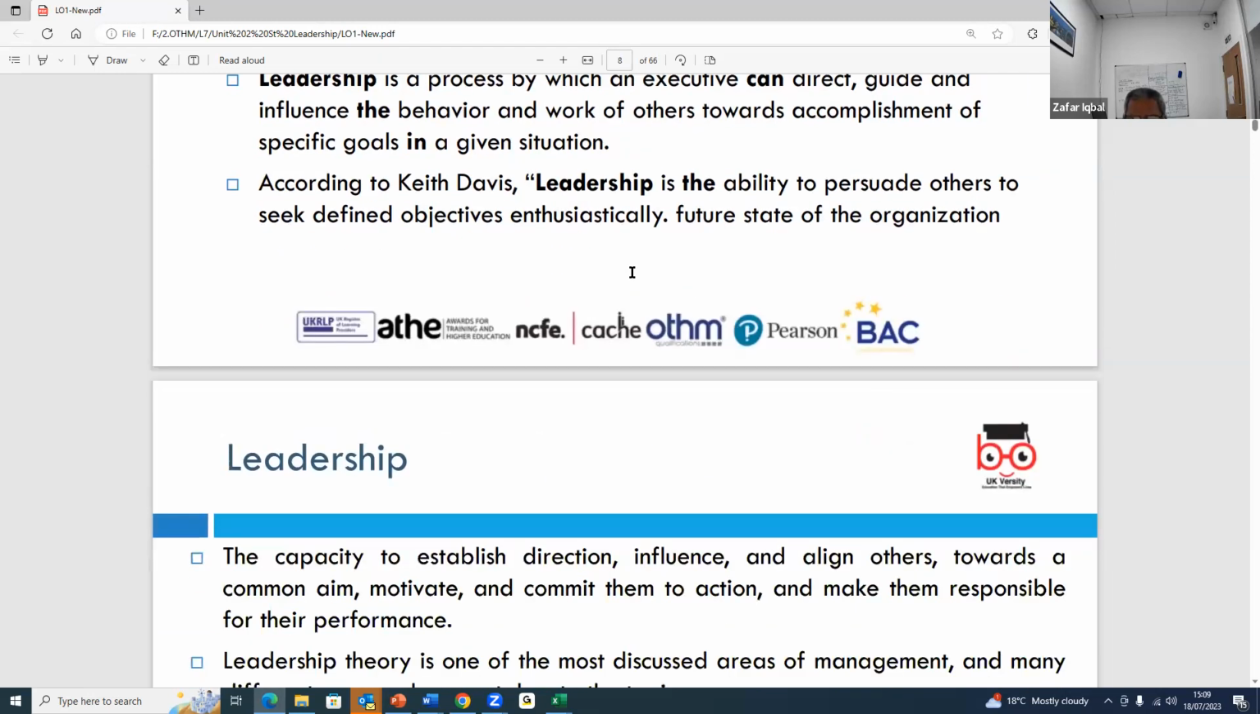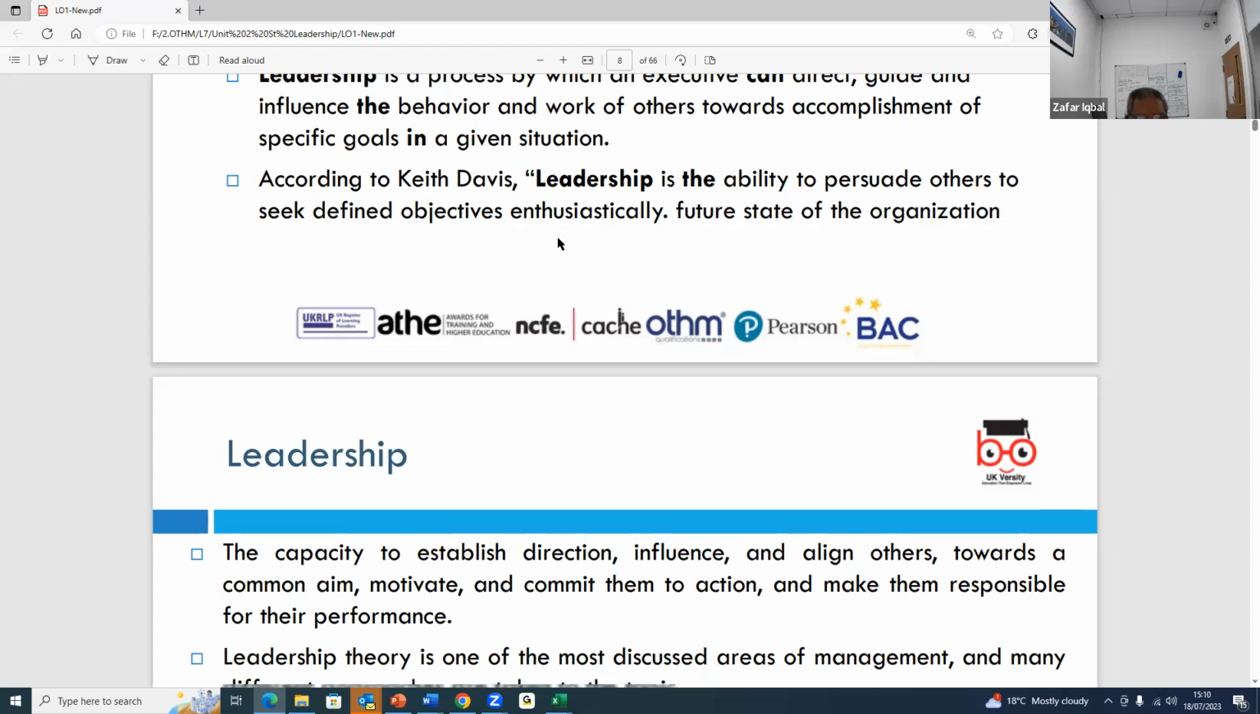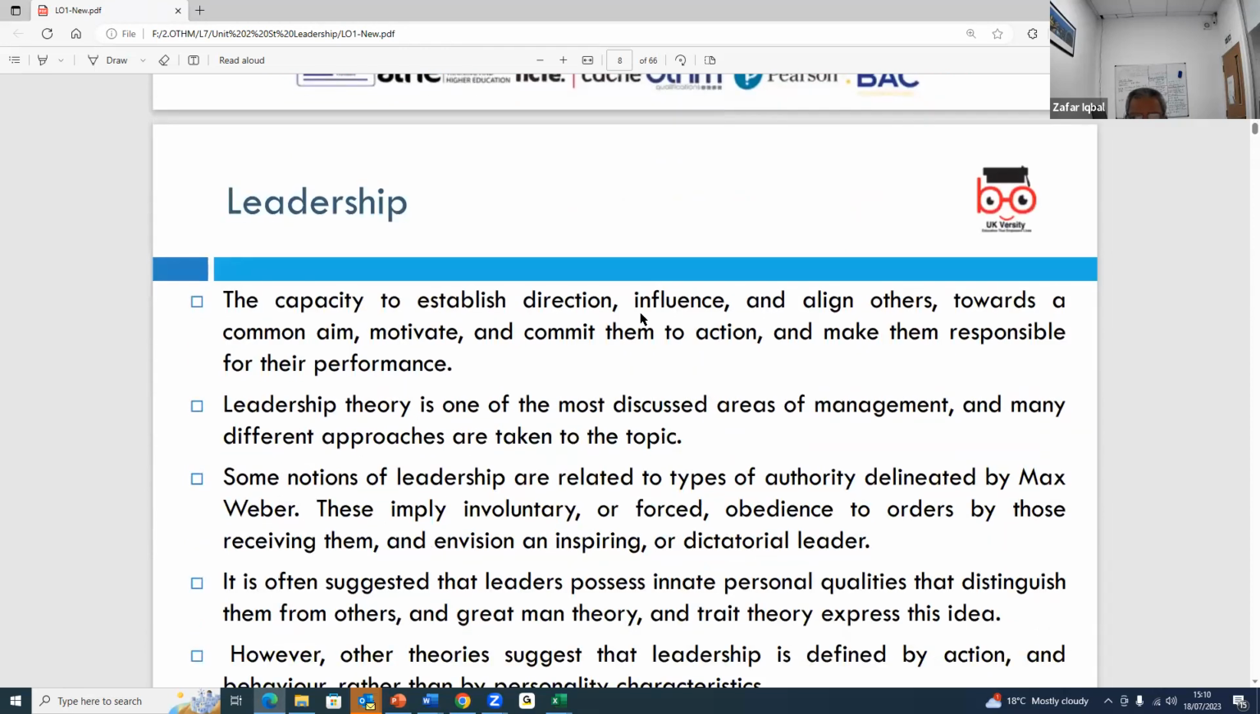It doesn't come very quickly. It takes time. It takes the ability to do things. And of course, according to Keith Davis, leadership is the ability to persuade others to seek definite objectives over a period of time. It's a capacity to establish and direct other people and influence other people towards common objectives, towards common goals,